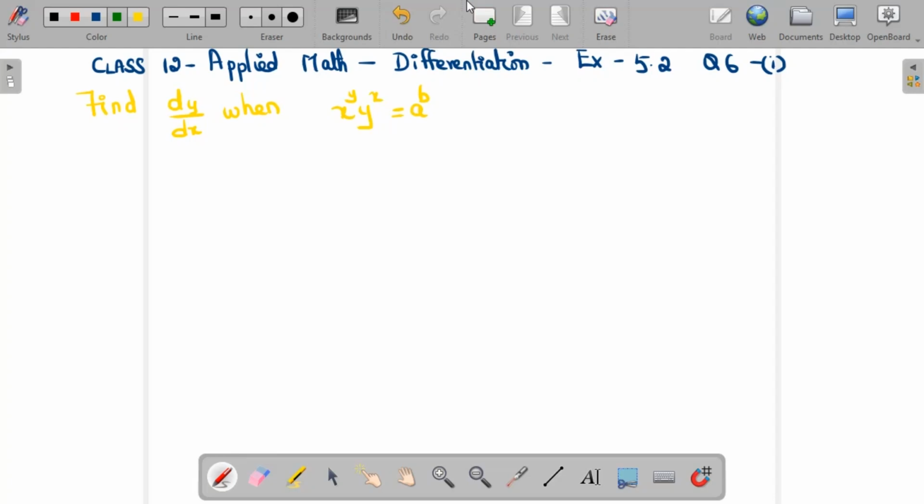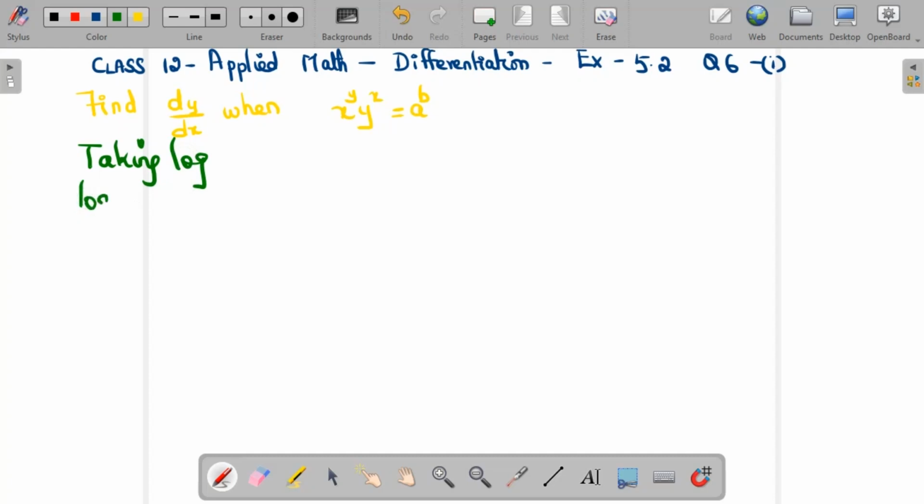In this video, we are going to see the solution for first subdivision in question 6 from exercise 5.2. Find the dy by dx when x power y power x is equal to a power b. So I'm going to take log on both sides. So taking log,